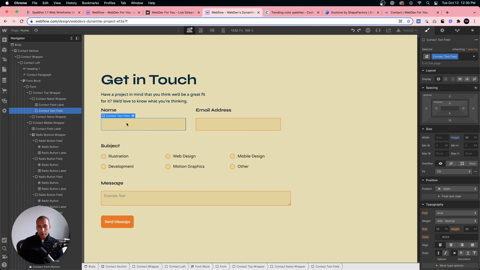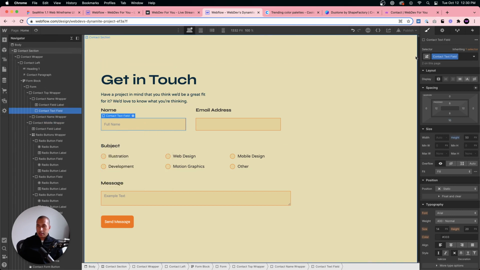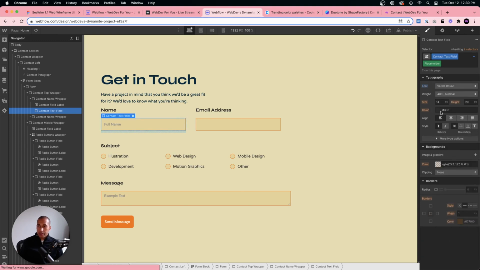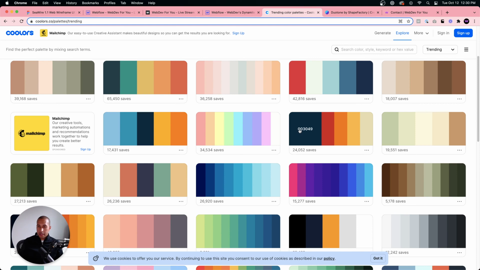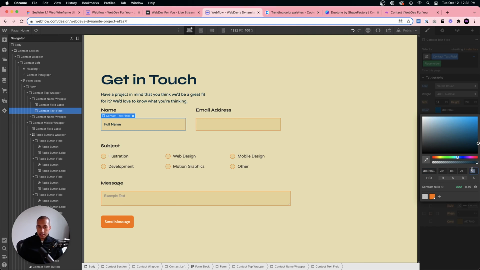So then we have the contact text field. Let's add some placeholder text. So I'm going to say name, or let's say full name, and let's style this text. So I can click the drop down, go to placeholder, and for this text, let's set it to Varela Round, and the color, I'm going to select this blue color and paste that in there, and then just set the opacity to something like 20, maybe 40.